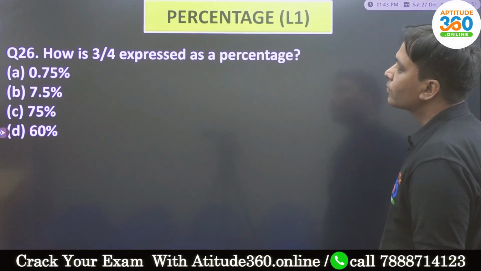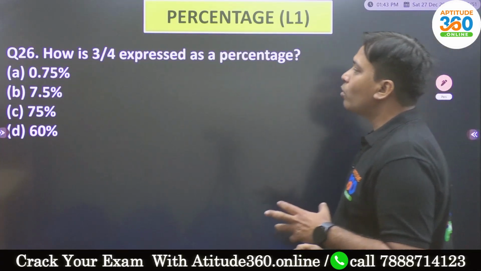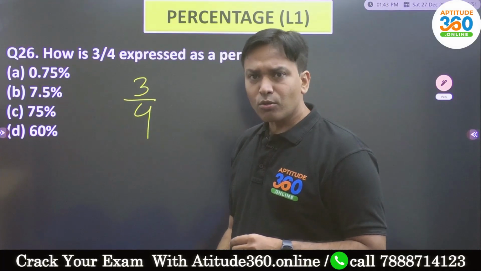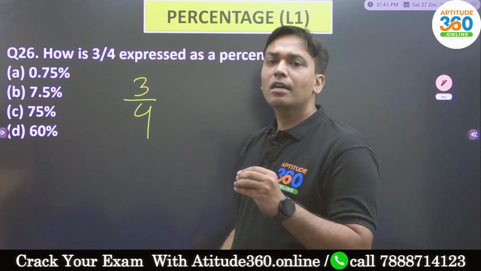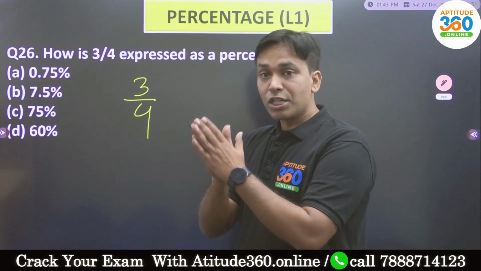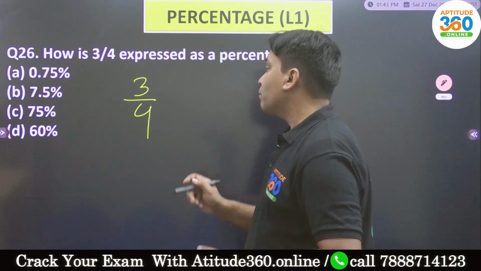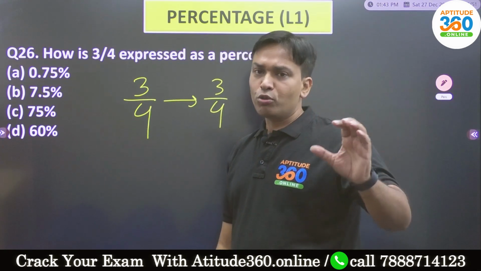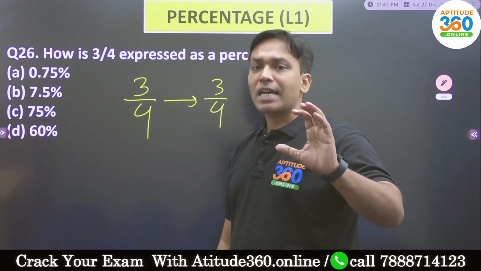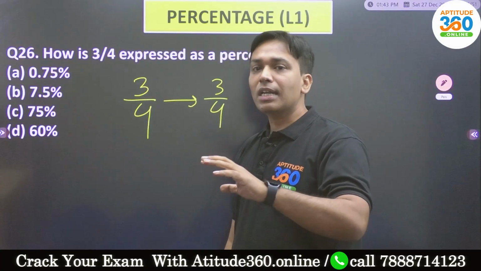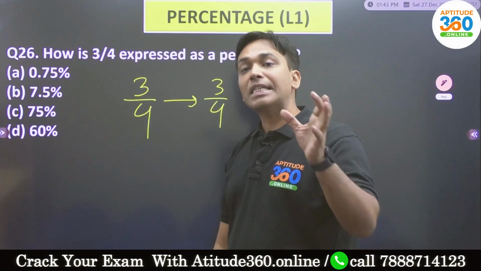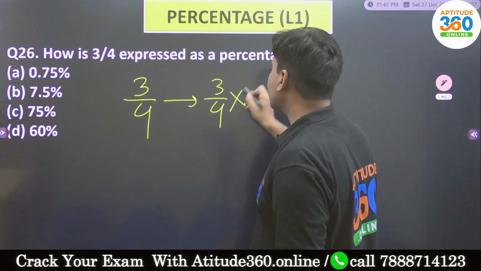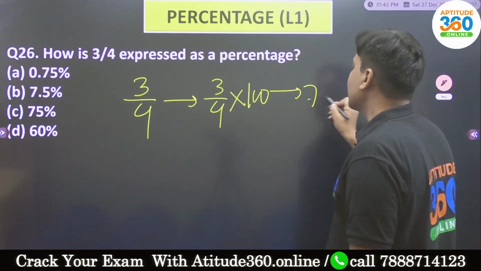Now how is 3 by 4 expressed as percentage? इस क्वेश्चन में पेन भी उठाने की जरूरत है क्या? 3 by 4 is nothing but 75%. वो फ्रैक्शन वाला पूरा का पूरा वीडियो लेसन आपको देखना बहुत ही ज्यादा जरूरी है. You should be able, and what is that I taught you there? आपने सीखा कि कोई भी फ्रैक्शन है उसको अगर आपने परसेंटेज में कन्वर्ट करना है तो what is that you should do? You should multiply the fraction with 100. Do it. And that comes out as 75%.